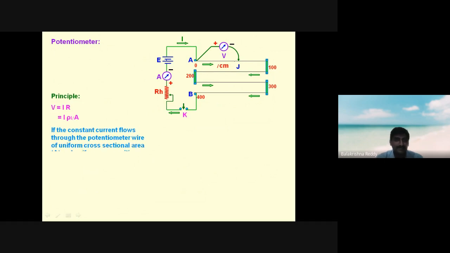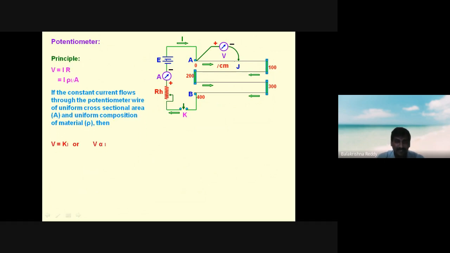The principle which I said just now, V equal to IR, is the basic Ohm's law, where R equal to rho into L by A. This is from the resistivity-resistance relation formula which we studied at the start of this current electricity chapter. This gives the principle why they mention rho here, since rho is a material property. That's why I said uniform cross-sectional area of the wire, as well as current is constant through the wire.